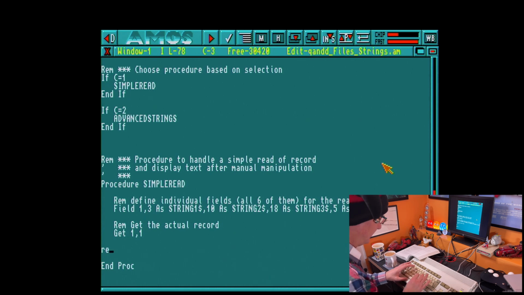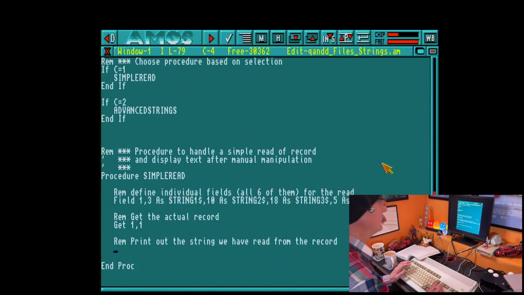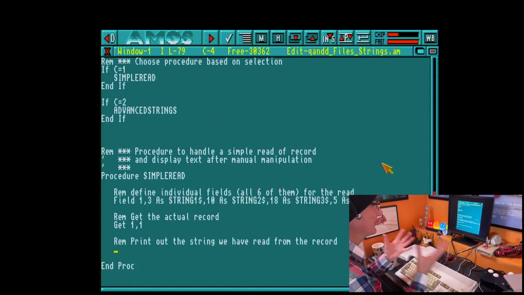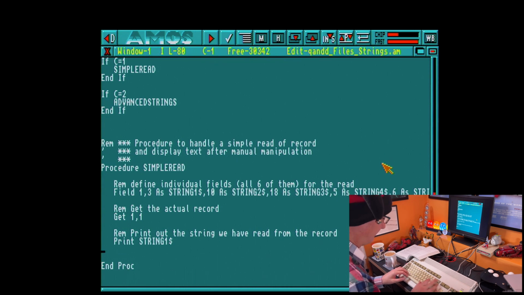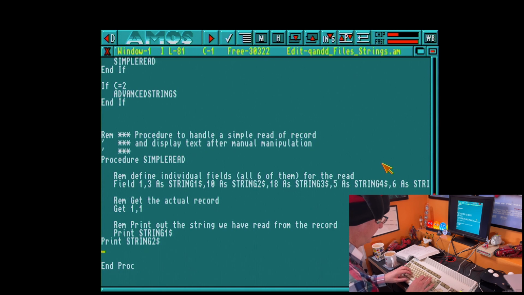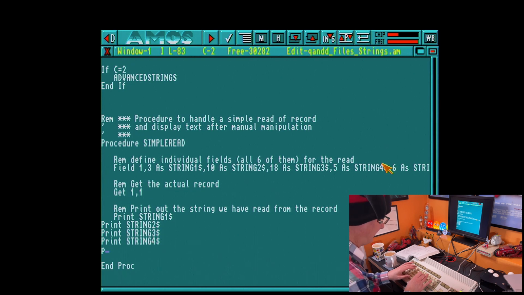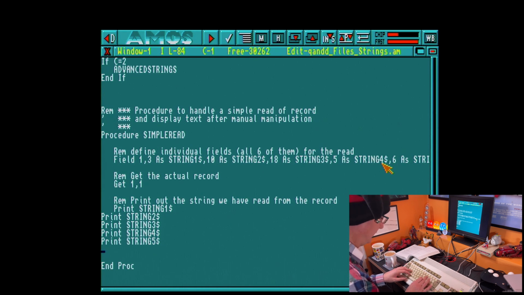Right. Next, we're going to print out those values. We have read from the record. Plenty of you now probably screaming at the screen going, but Yawning Angel, that's not going to work. And you know something? It might not work. And this is part of what I want to show you why we're doing what we're doing. So this way is going to show you a slight flaw in our plan. So really all I'm going to do is print string $1, print string $2, print string $3, print string $4, string $5, print string $6. Tidy those up,